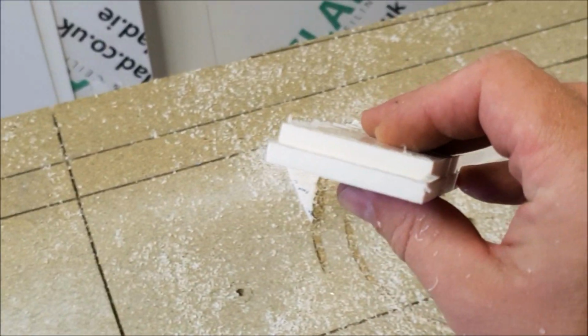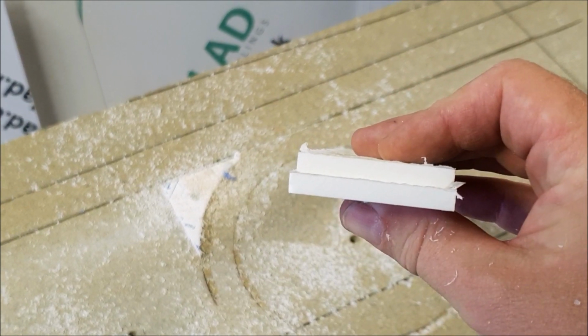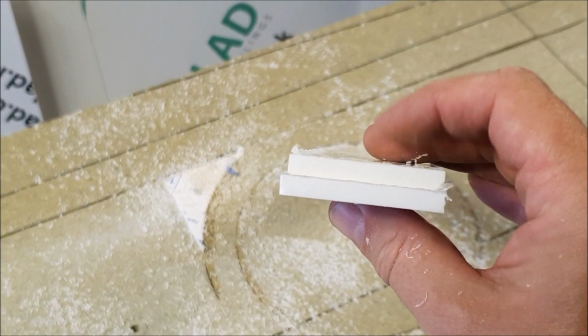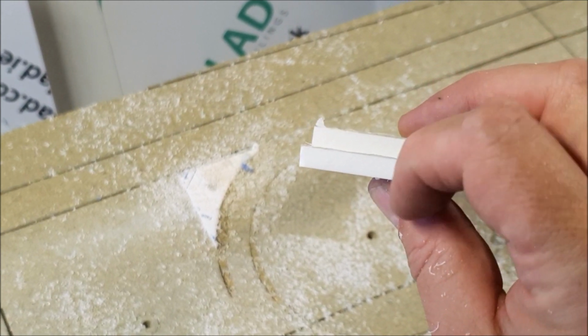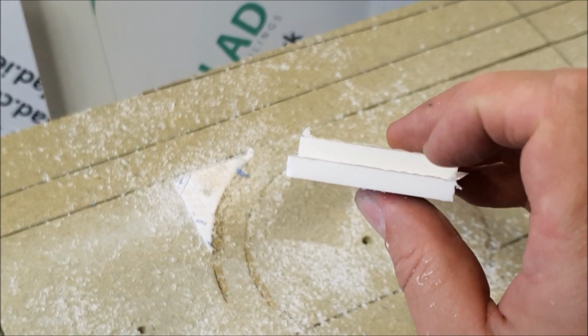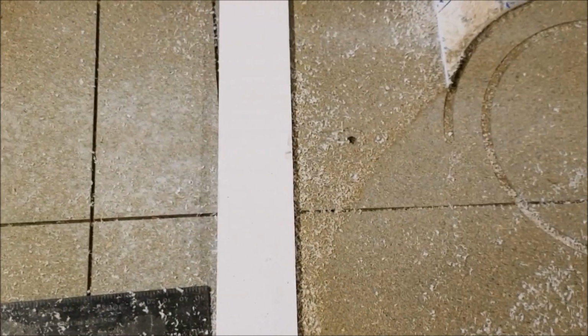Now you can see they're not both exactly the same width, those two halves, but that doesn't matter. That's fine for our purposes as long as we use the wider one for the front, and you'll see why as we go along, I think. So I've put the thinner one to one side so I don't get confused, and I definitely use this one. And what I want to do now is